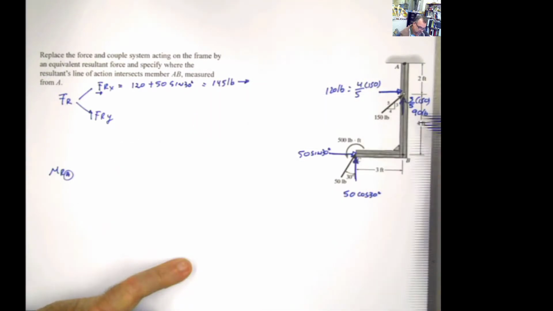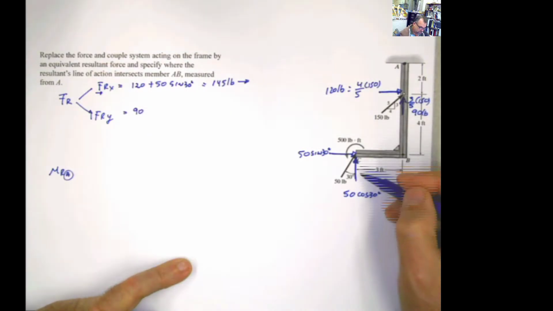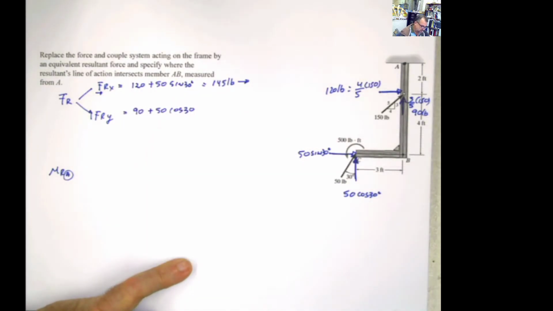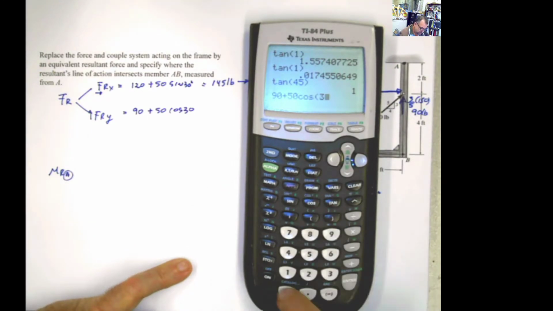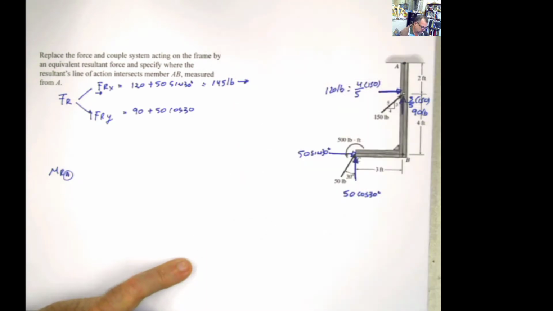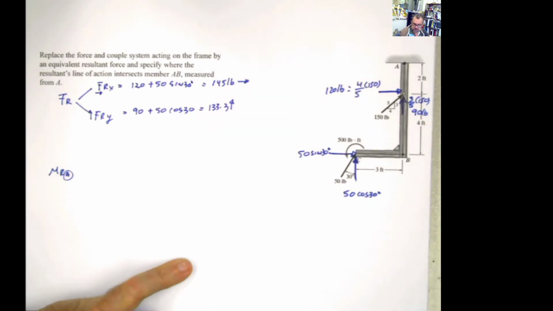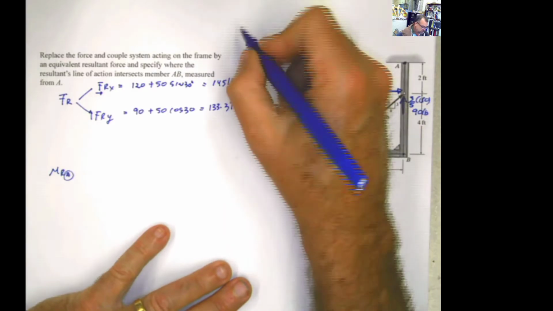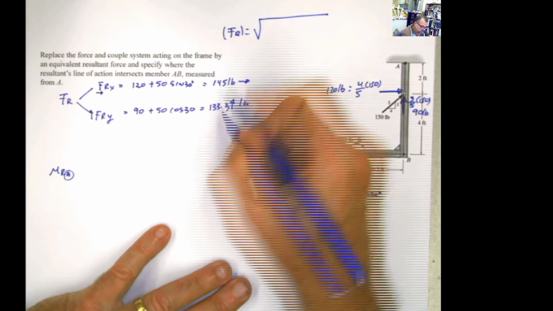When you do summation of forces in Y, you have this component, which is 90, and you have this component, which is 50 cosine 30 degrees. And then you have 90 plus 50 cosine 30, and that's 133.3 acting in this direction. Okay, good. Now we have a resultant force in X and a resultant force in Y. Of course, this is pounds. If I want to find the magnitude of the resultant force, it will be just the square root of this square plus this square,